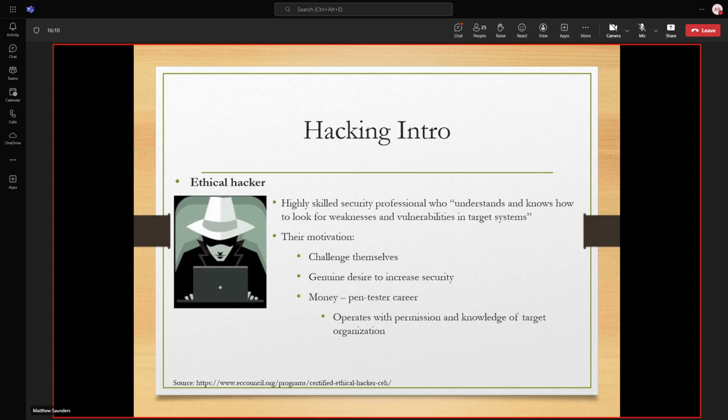There are some who had a bad enough history that some people don't really want to work with them, and other people in the community don't really draw a distinction. But basically, they're looking for the intellectual challenge. They like increasing security for clients, or even just for themselves. But really, money comes into it in the end. A lot of people are hoping to make a career out of something they find interesting and enjoyable. So the key difference is that they do operate with permission.